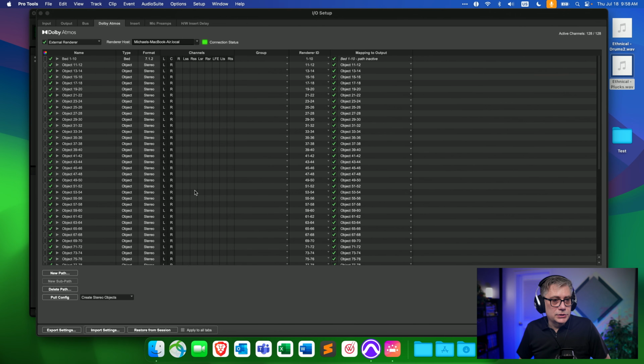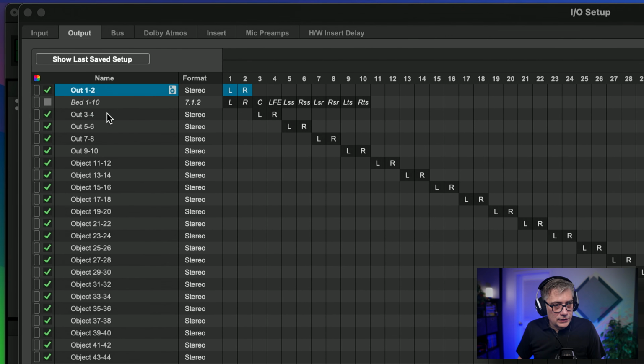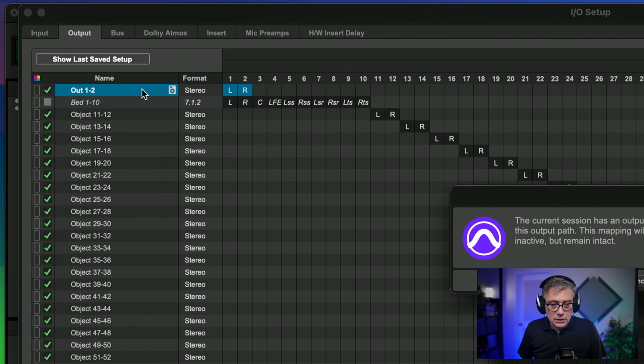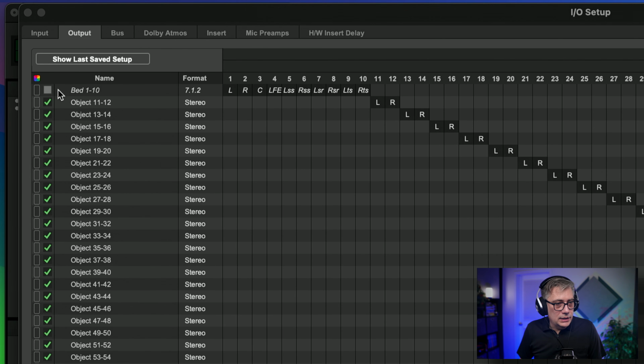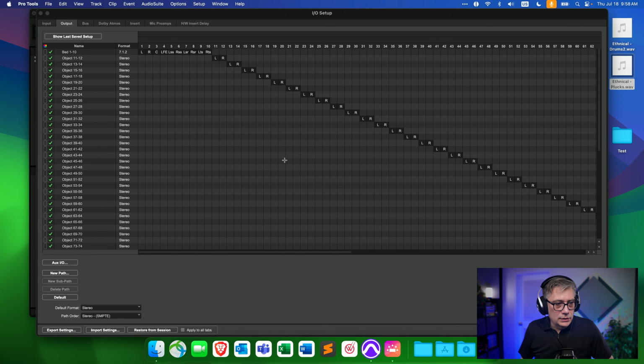And then let's just double check the output. Now in the output, we see we have the bed here. This is not enabled because we have outputs 1, 2, 3, 4, and 5, 6. So let's just delete those and enable that. And that's everything that we need to do in the output.